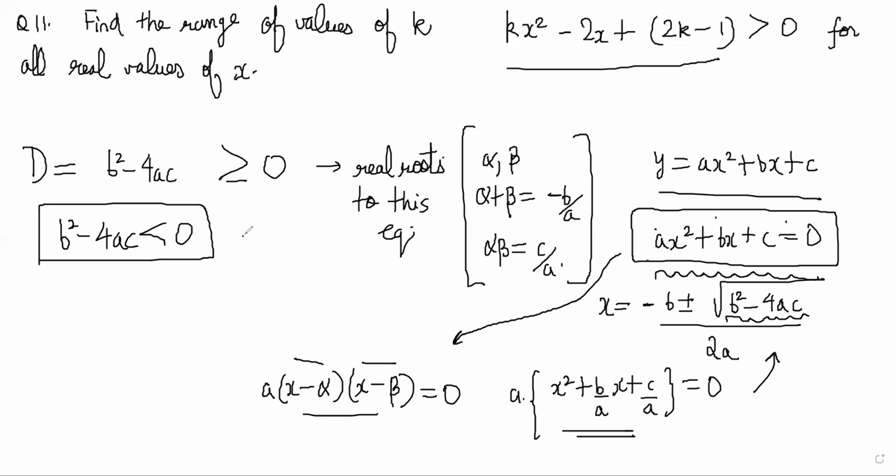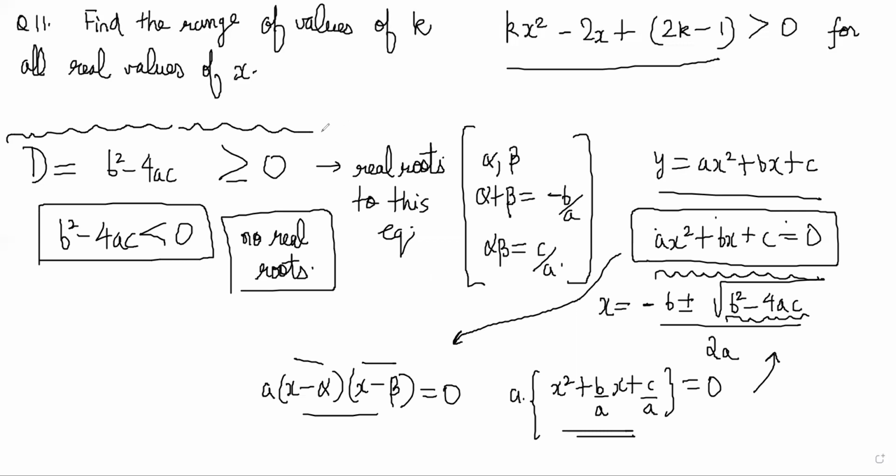No real roots. Actually, you will have to extend the number system and include complex numbers also, and then there will be complex roots. So complex numbers, I'm not sure if you have done yet. You have not done, I think, right? Not done. Okay, so we will discuss it as we go along. In some time in the future, we'll definitely discuss it because complex numbers is super important for Olympiads, but right now not. For now, we are only thinking about real numbers. So no real roots will happen if this is happening, right?